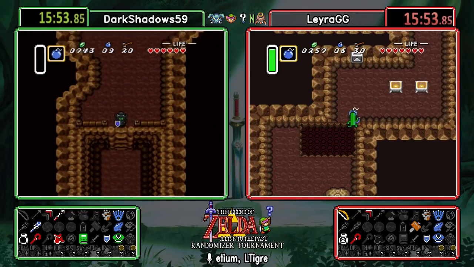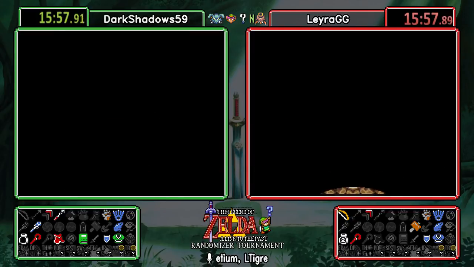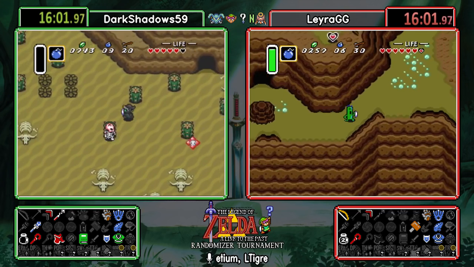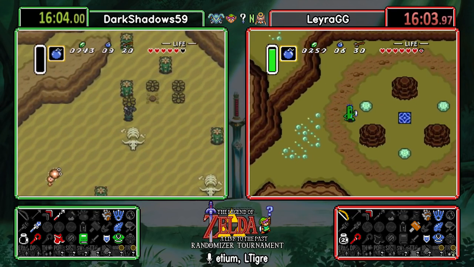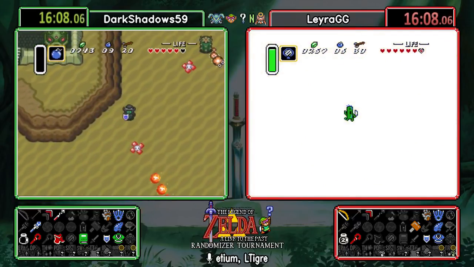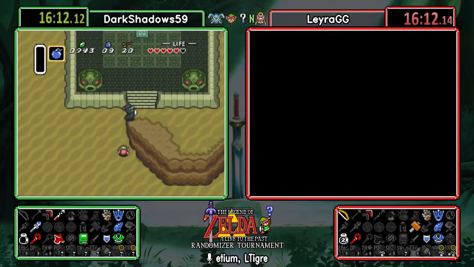Leyra setting up a bomb jump here. Pretty tricky one, and gets it first try, so good stuff. Gonna save quite a few seconds doing that. Yeah, Leyra not finding the hookshot ended up kind of coming out positive on that, just because they're going